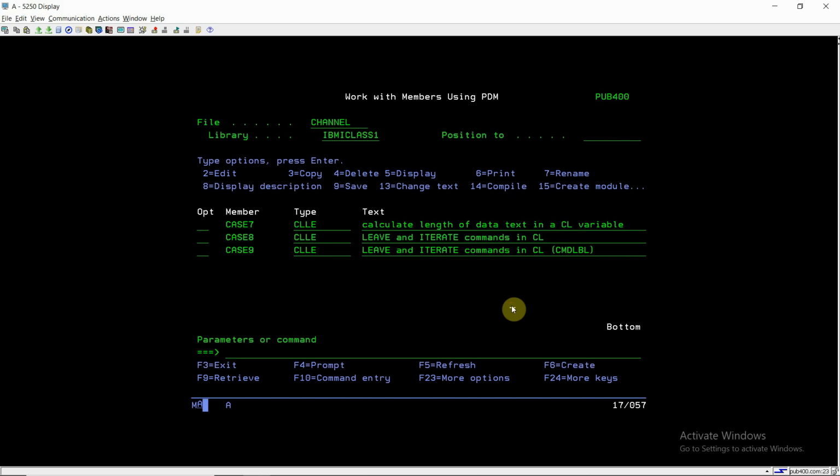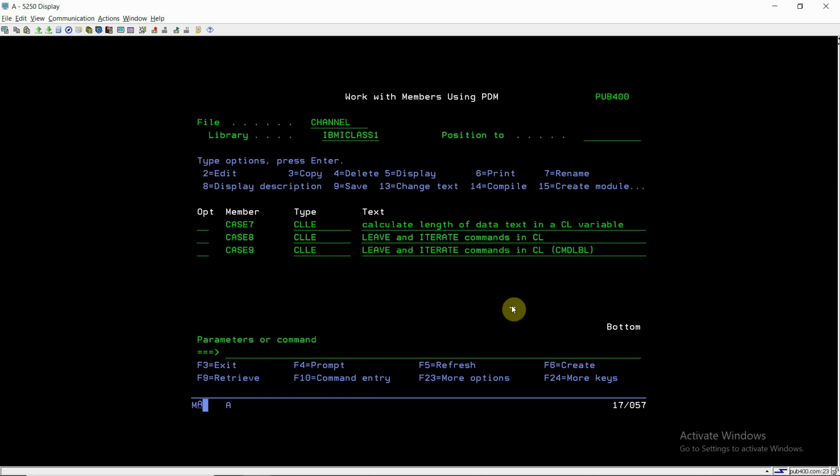If there is any active loop and we use the leave command inside that loop, then that loop will be exited using the leave command. Once the leave command is executed, we exit from that loop. Suppose there are two loops, one outer and the second one inner, and we use the leave command in the inner loop.